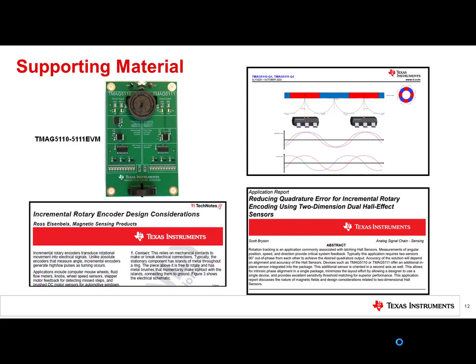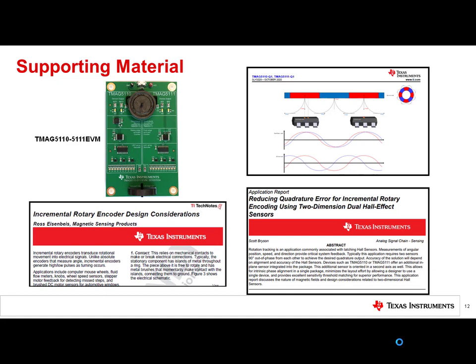The evaluation board allows two different placements of a multipole magnet. LED display can indicate both the actual output state of each device as the magnet rotates, as well as provide indication for incremental decoding.